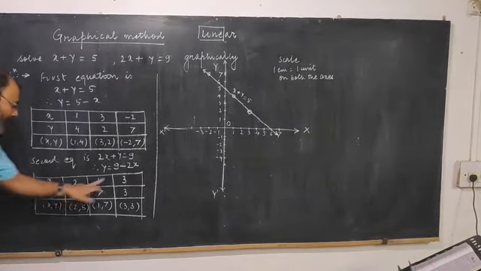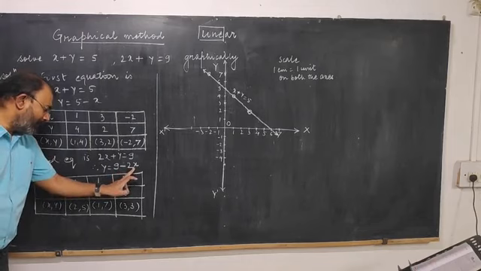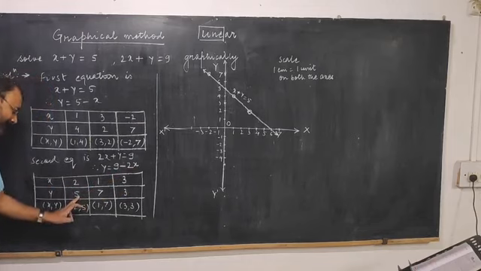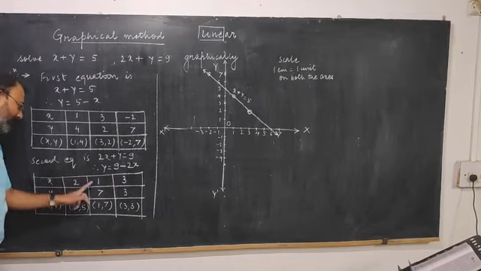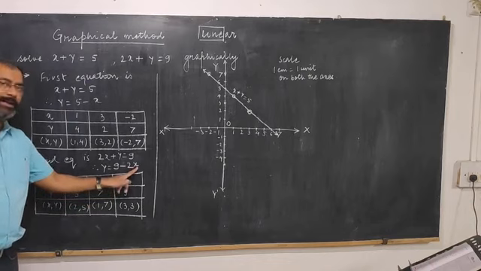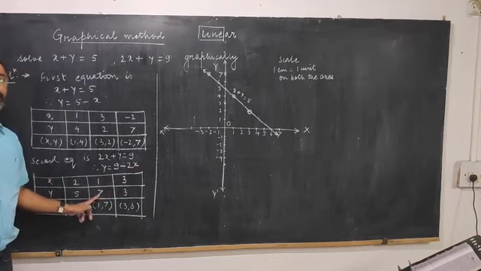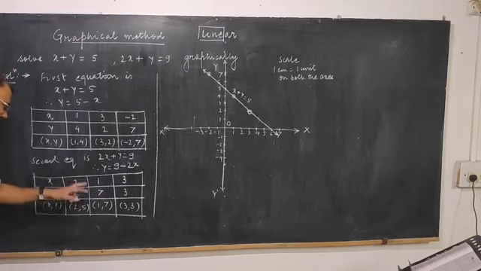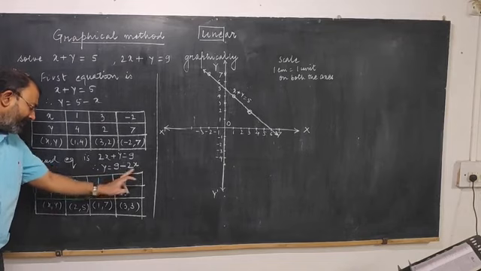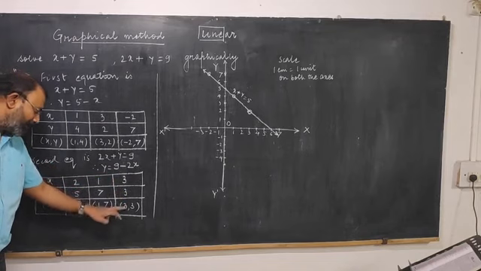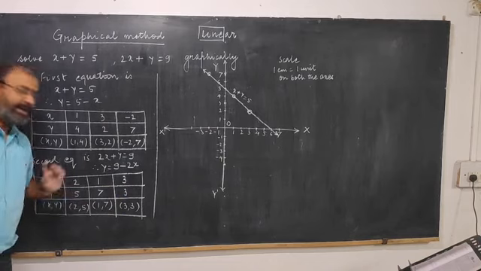So if I put x is equal to 2 here, 2 2s are 4, 9 minus 4 will give you 5, so the value of y will be 5. Your first point is (2, 5). I am choosing x is equal to 1, put it here, 2 1s are 2, 9 minus 2 equals 7, so (1, 7) is the second point. Then x is equal to 3, 2 3s are 6, 9 minus 6 is equal to 3, so the third point is (3, 3). First point (2, 5), second (1, 7), third (3, 3).